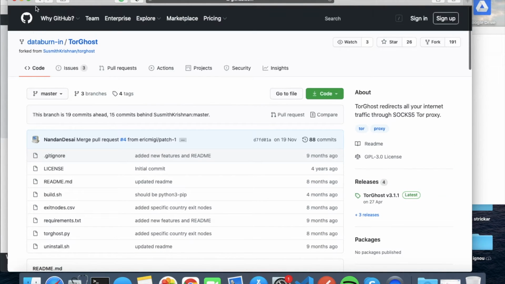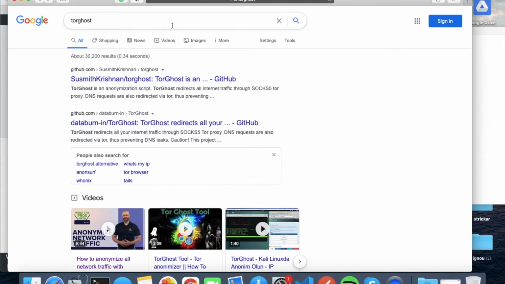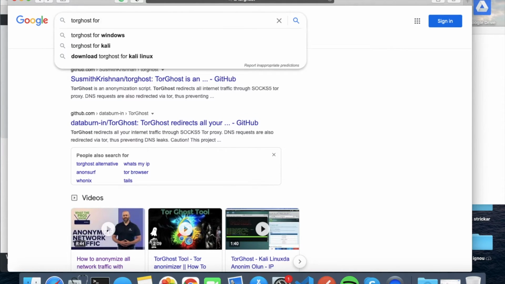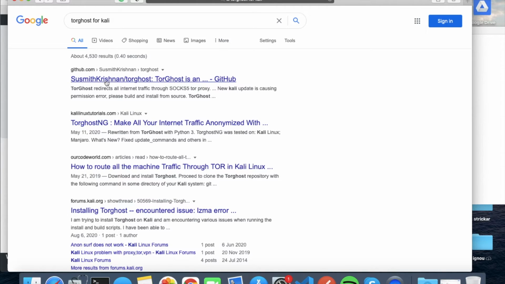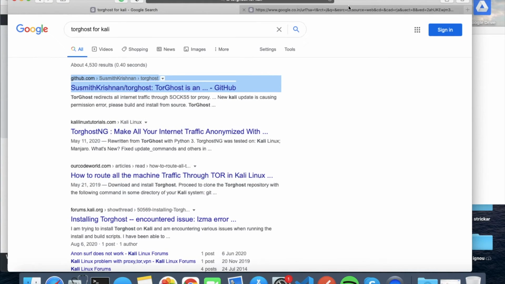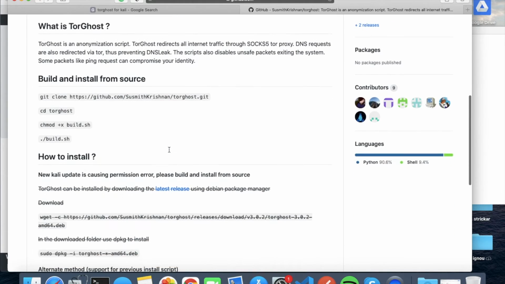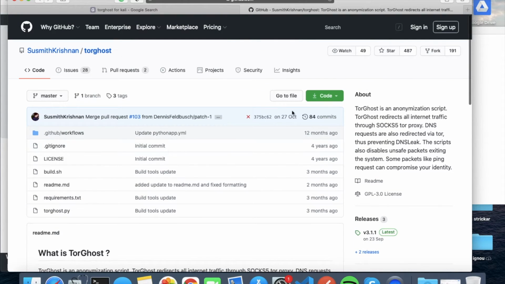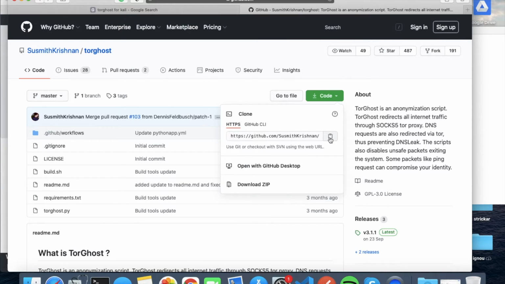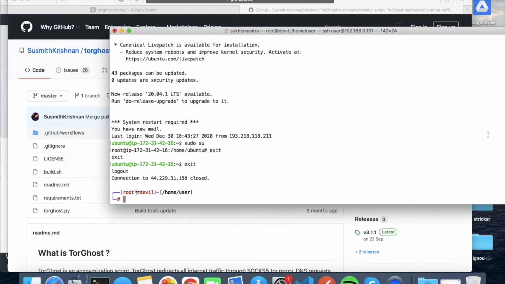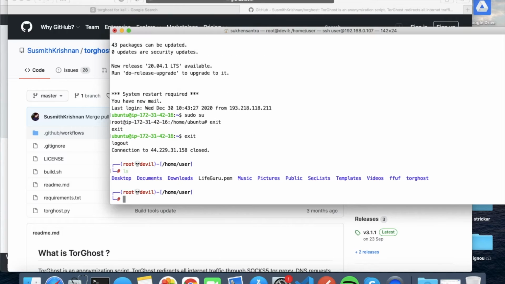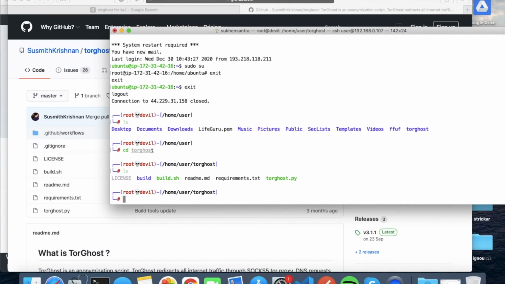This is a different one. Torghost for Kali, right? This one. Okay, here we go. I just installed this application. Just go to Code, copy or download the zip, and after that ls, cd torghost, ls. Here you can see the py